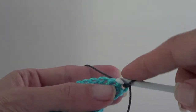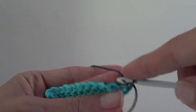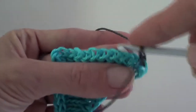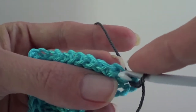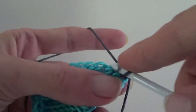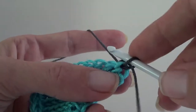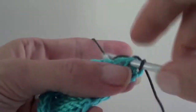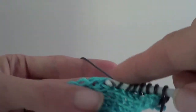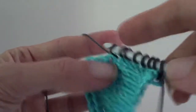Now we're going to pick up a loop in each of these stitches here. Remember, we're talking about how to count your rows, so you'll see little V's all the way up. These are our rows. Here, here, here, here. So this counts as our first stitch. Then we're going to pick up a new one. That's 2, 3, 4, 5, 6, 7, 8,